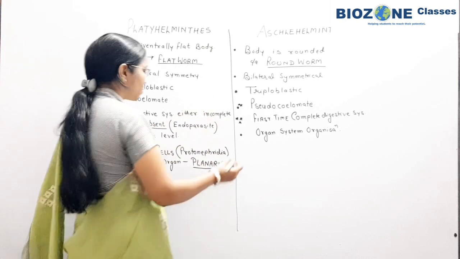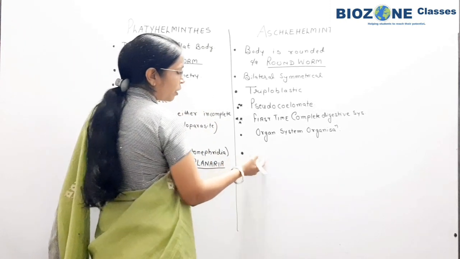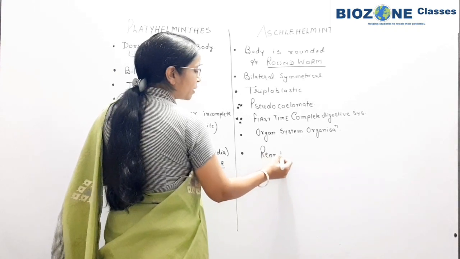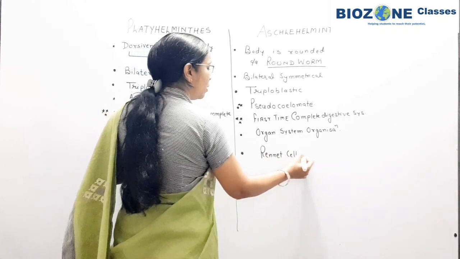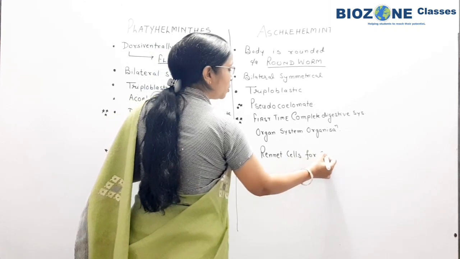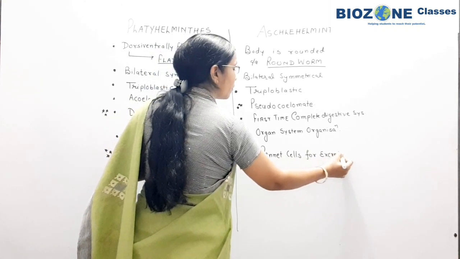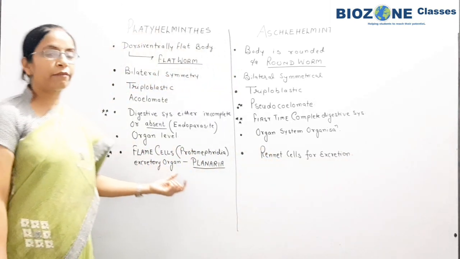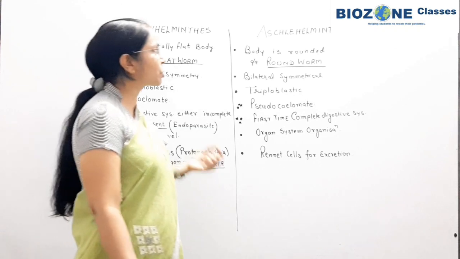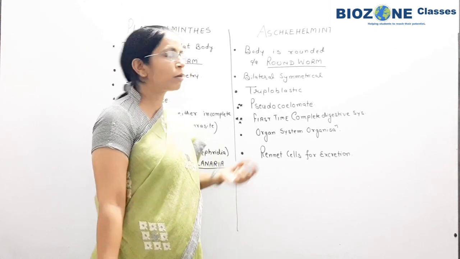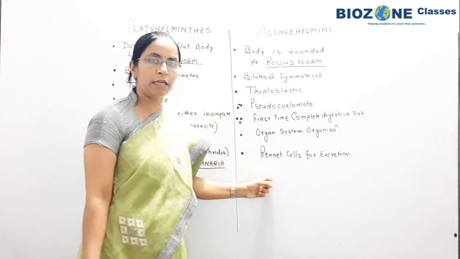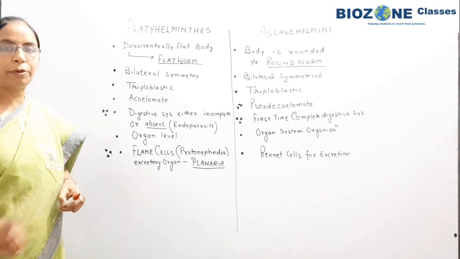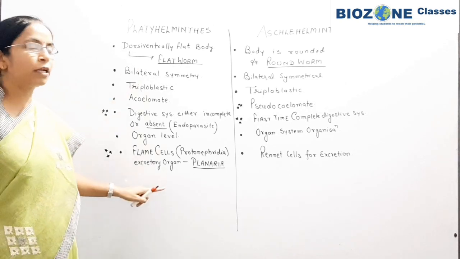Whereas in Asclepiades, or in roundworms, in some examples we see the rennet cells. Rennet cells, you remember, are available for excretion. So this thing you remember, okay? Circulatory system अभी develop नहीं हुआ है. Slightly musculature is developed, and circular muscles appear in case of Asclepiades. Now we come towards the reproductive part or reproductive system. So these things you clearly remember.